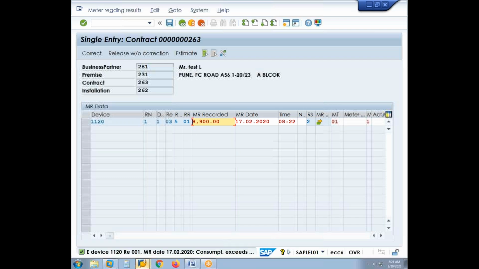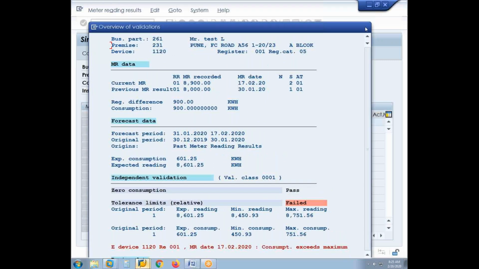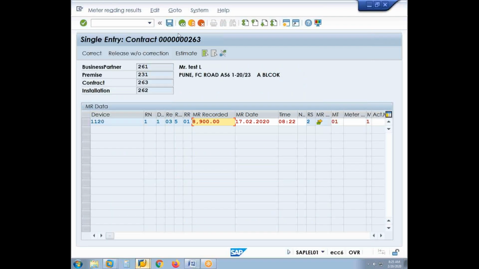Now it is naturally exceeding the consumption, because our maximum meter reading possible is 8,751, but here you have got 8,900. So naturally, almost 250 plus, 250 kilowatt hours extra is coming. Okay, so we will save it. Naturally it is exceeding, so it will go for the